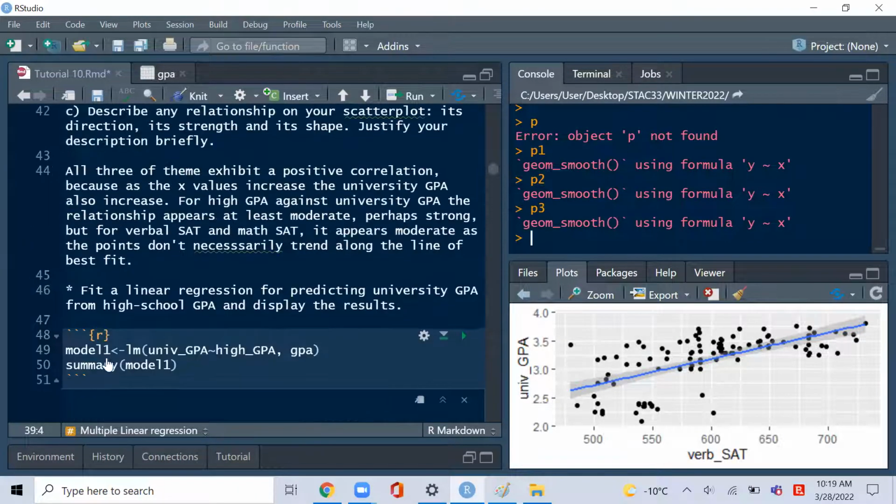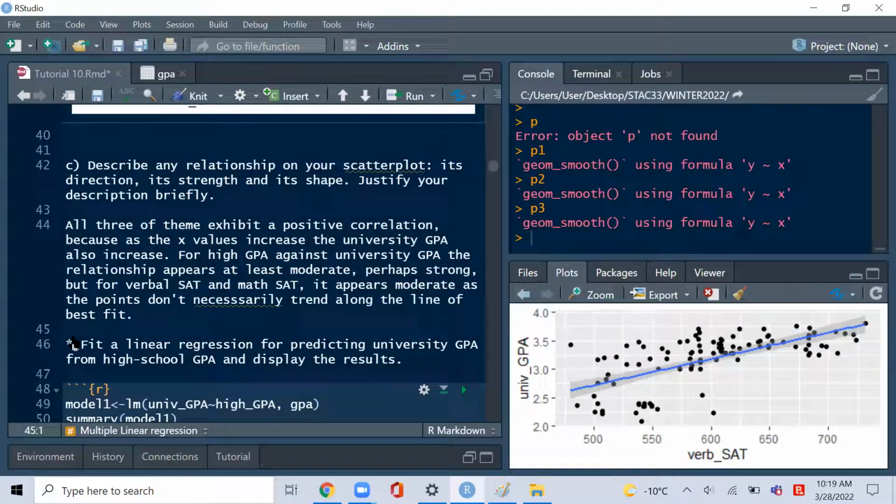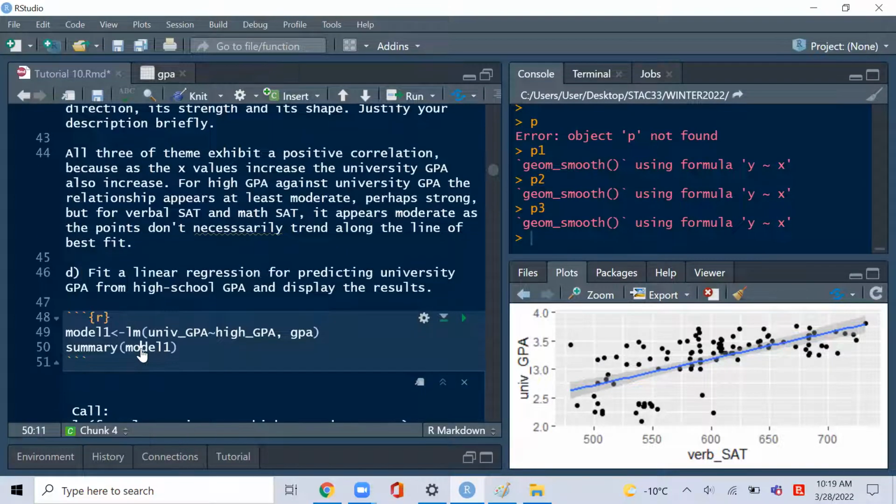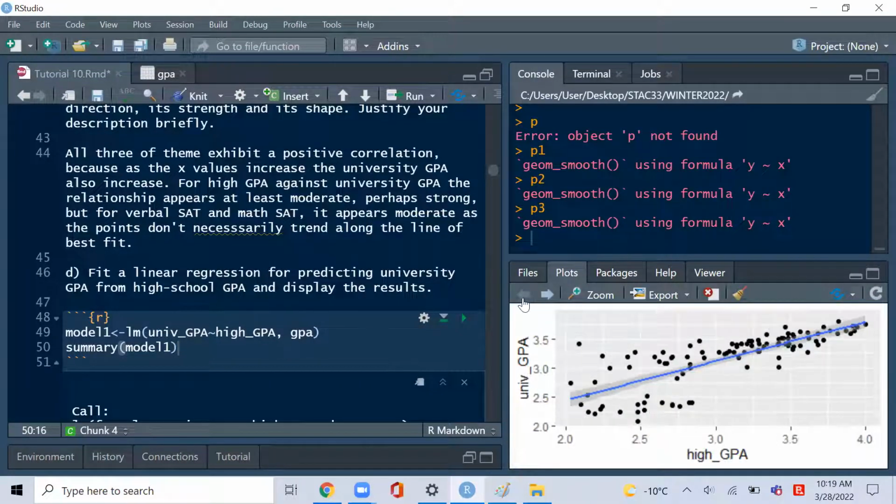Yeah, so you're asking this question here, which I think is actually D, to fit a linear regression. This is a simple linear regression, similar to last week. The reason we choose high school GPA is because it's the strongest one. And you can see from the scatter plot, it has the best relationship, just double check and see. You can see from the graph, it does the best job thus far at